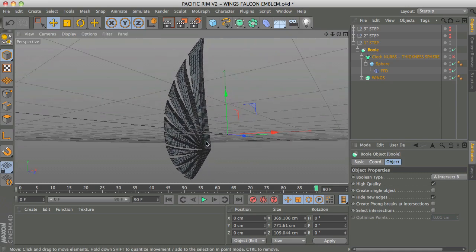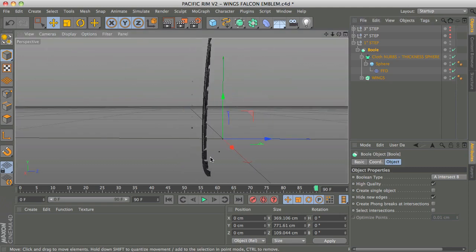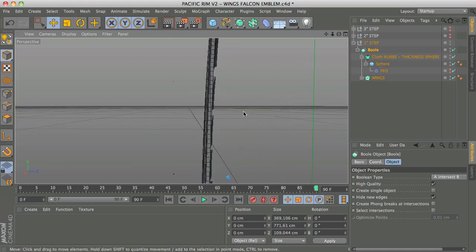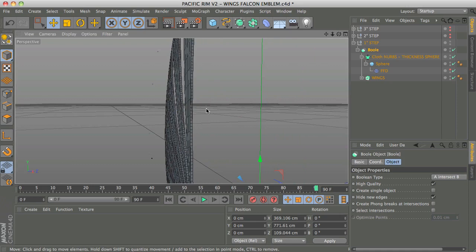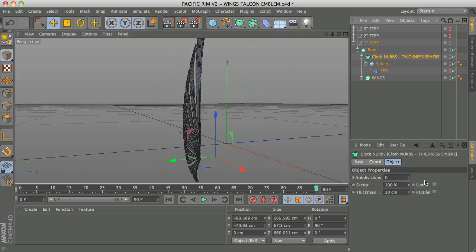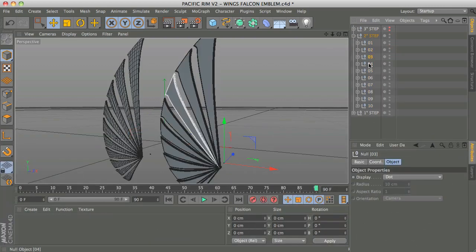But to have a consistent thickness along all surfaces, it is necessary to use a little trick. We apply inside our hemisphere deformed polygon the tool Cloth NURBS. Very simple. Do not forget, it is very important that the subdivision value is set to 0 for the control of the thickness. Just apply the value you want. As you see, in this way,